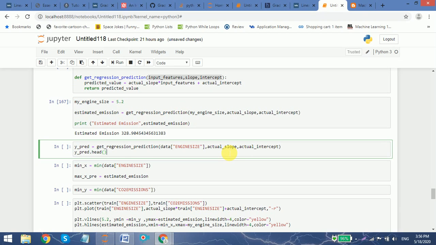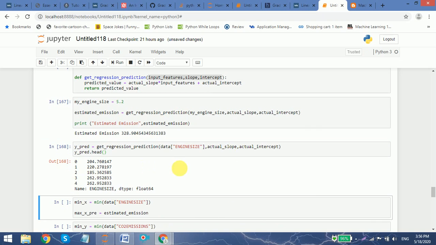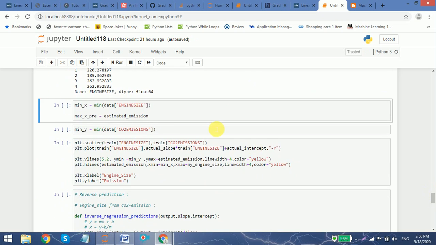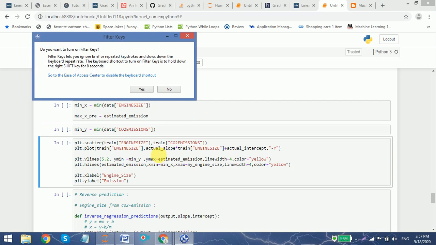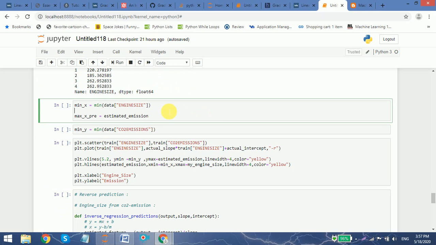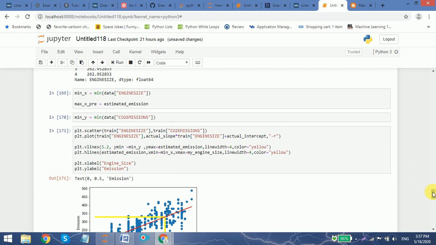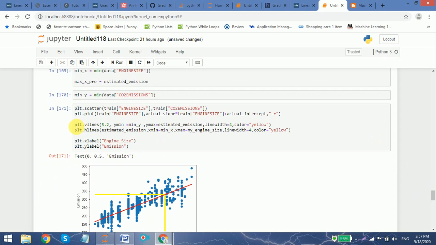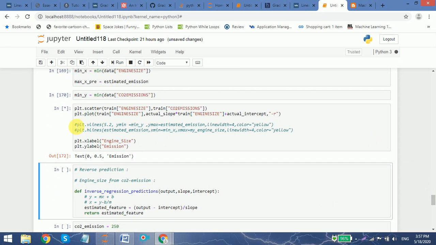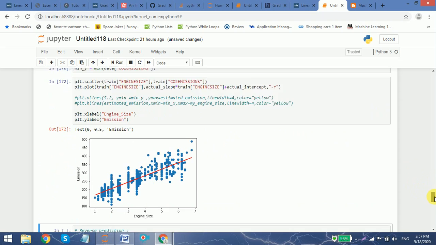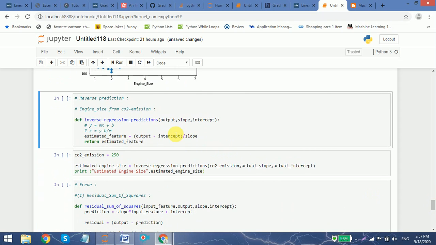Now we can predict for all of our testing data also. So here are the data, and you can easily understand it. Min and max equal the minimum of engine size, and actually I'm doing this for plotting this. I think we don't need to do this right now. Okay, all right. So here is our line,